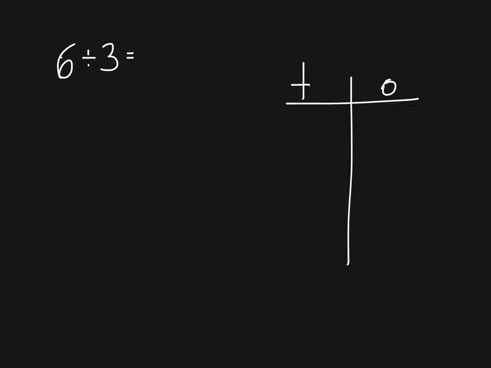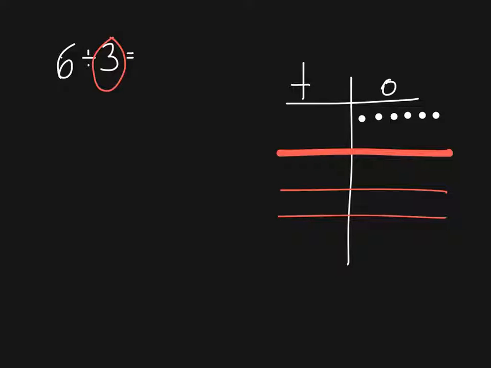We're going to start with a simple problem, 6 divided by 3. If I were to put this in my place value chart, I would model the 6, my dividend, as 6 ones. Now I wanted to divide this into 3 groups. So I'm going to draw a dividing line here, and then underneath that, since I'm dividing by 3, that's my divisor, I'm going to give myself 3 rows. And I'm going to reallocate these dots that I have in my ones. I'm going to take one of those and put it in this row. I'm going to take another one and put it there, another one and put it there,